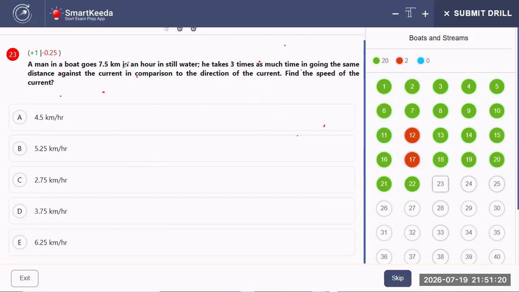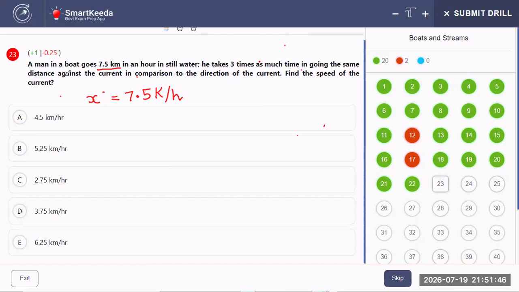A man in a boat goes 7.5 kilometers an hour in still water. So let still water be x, and it goes 7.5 kilometers in 1 hour. Means the speed in still water is 6 kilometers per hour. He takes 3 times as much time in going